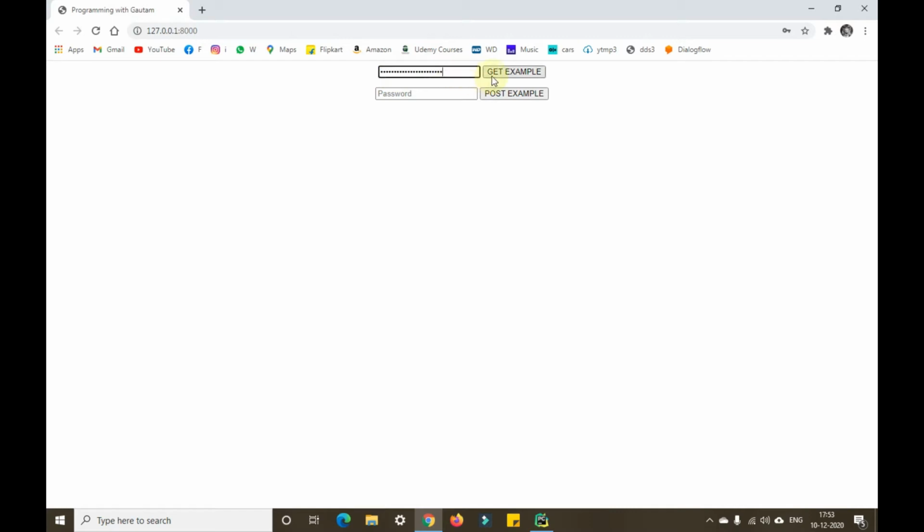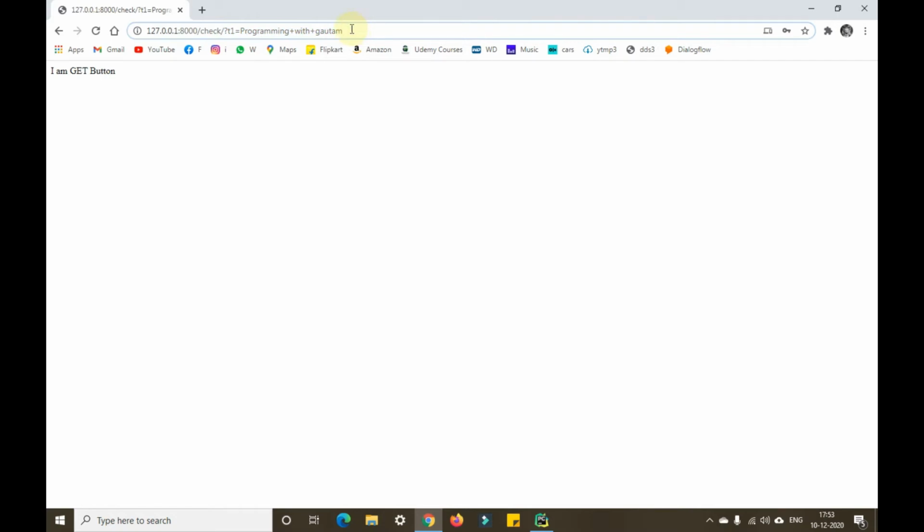The moment I click the get example button, the text whatever I have given will appear here in the URL, as you can see. You can see I have given programming with Gautam, and it appears here: T1 equals to programming with Gautam. So this is the example of a get method.